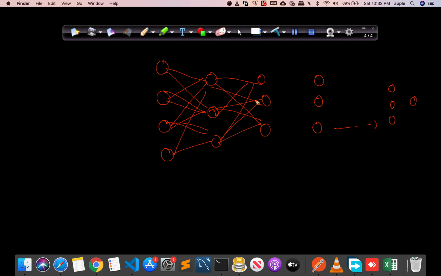So what happens is, when we have multiple functions taking the input and giving it to some other function, then we can approximate any function. See, after all, what is our objective?